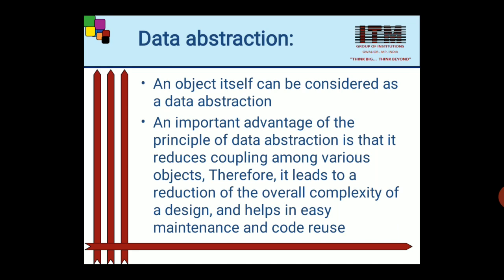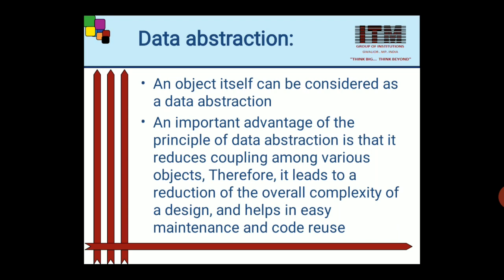So we can say that data abstraction implies that each object hides from the other objects the exact way in which it stores its internal information. This helps in developing good quality programs, as it causes objects to have low coupling with each other, and each object only provides a set of methods which other objects can use for accessing and manipulating this private information of the object.